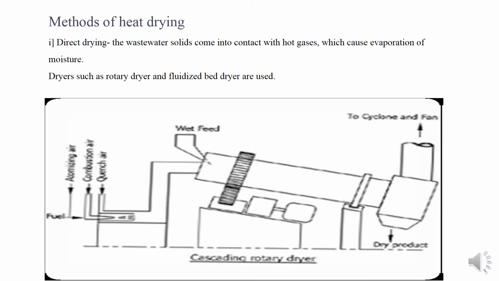The main component of the rotary dryer system is a rotary drum dryer installed with an inclination of 3 to 4 degrees to horizontal. The figure shows a rotary dryer in which the sludge moves under gravity along the drum from its raised end to the lower end. The concurrent movement of gases and rotation of the drum also aid the movement of the sludges. The rotation speed of the drum is 5 to 8 rpm.